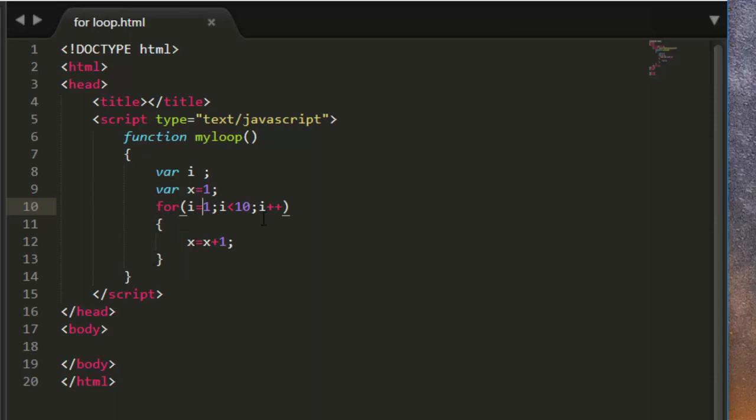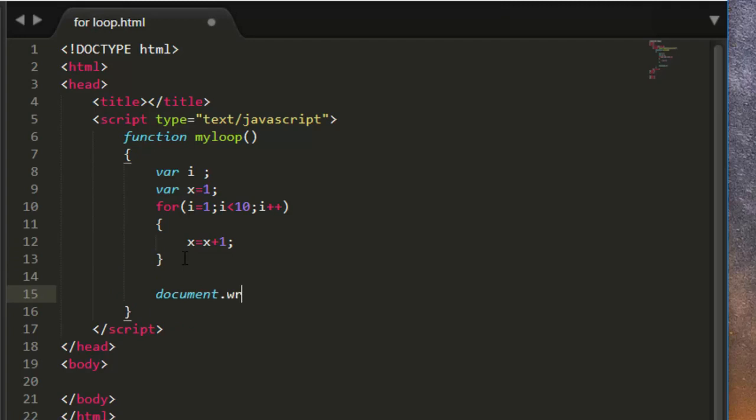Let me make your concept clear. So this first statement will run before executing this statement, and this statement 3 will run after executing this statement. Remember this one. This statement, I mean statement 1, will execute just before running this one, and statement 3 will execute after running this one. Remember this thing. Okay, now here let's write document dot write